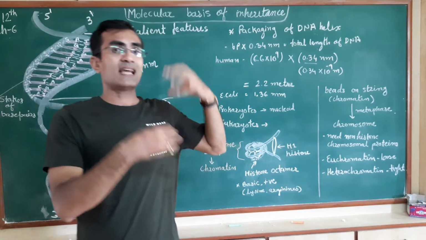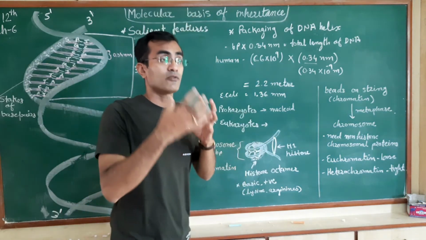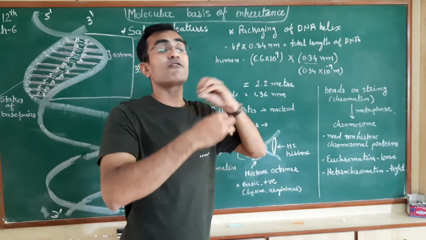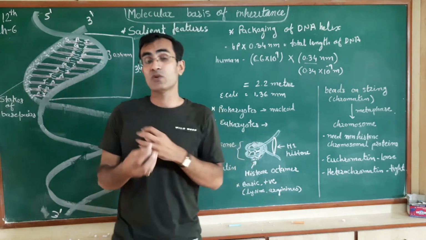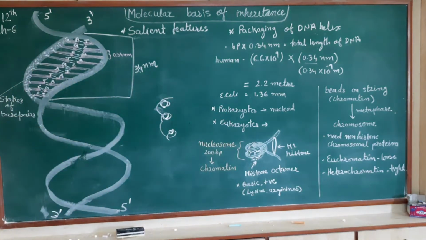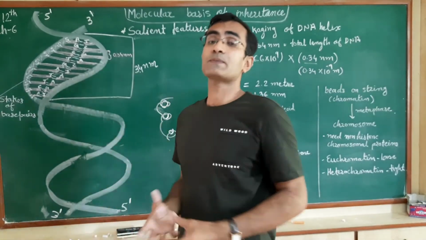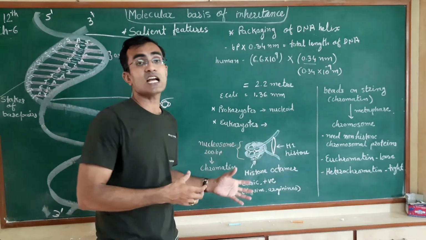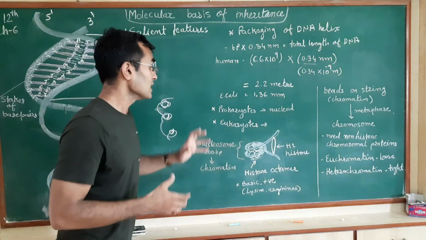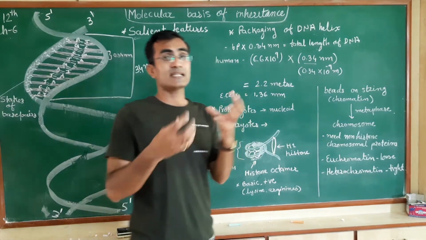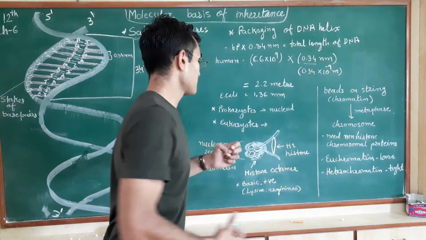Valine, serine, arginine, glutamine, there are different types of amino acids, and when they bind with each other and form the protein, if the positively charged amino acids are more in that protein, then it will be a positively charged protein, and if the negatively charged amino acids are more, then it will be a negatively charged protein. The total charge of that protein molecule will be negative in nature. So inside the nucleus, there will be a presence of positively charged protein.